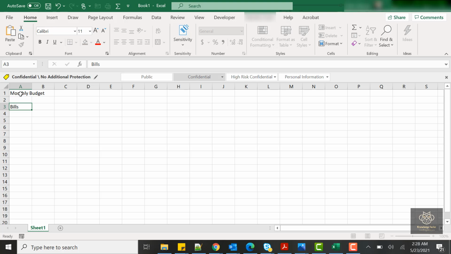Press enter key, drop down a cell again, and now I'm going to create a list. Nice little column here of various bills that I have for each month. Now you can copy me exactly if you like to. You're following along with me, right? You copy the exact same stuff if you like, but I want to encourage you.